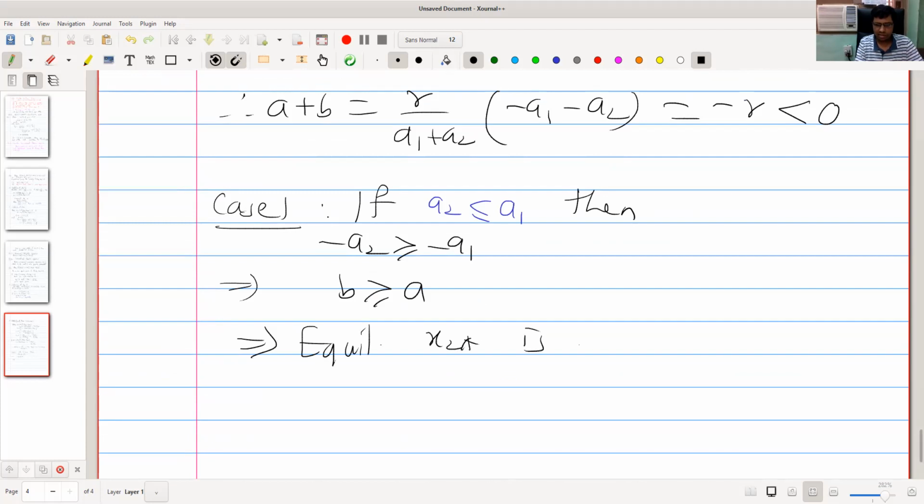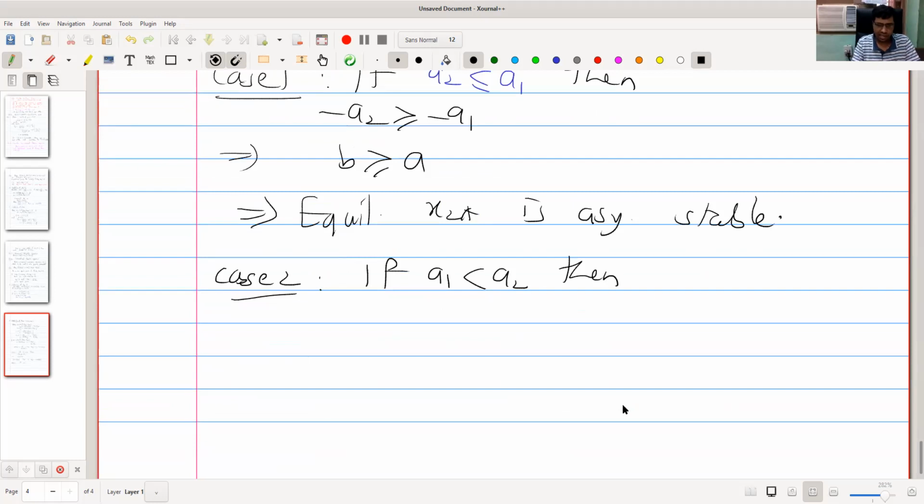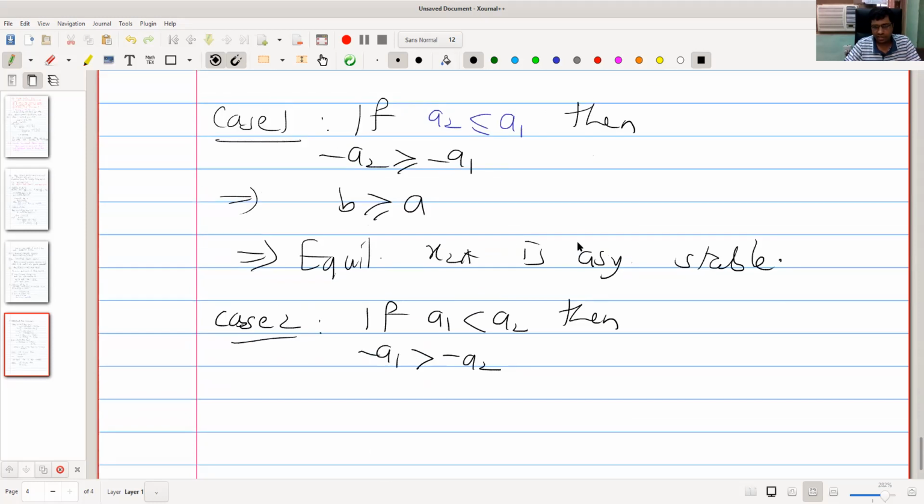X2 star is asymptotically stable for any d. And test 2 is: if a1 is less than a2, then minus a1 is greater than minus a2. We can multiply this inequality by r divided by a1 plus a2, so that we get